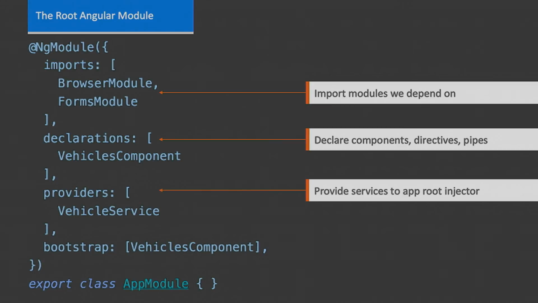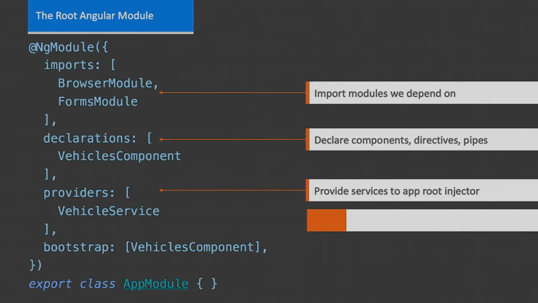I have a service called vehicle service that I need to use. That's going to go get my data from my vehicles or my characters or my stories or any other data I've got. And by providing it at this level, everybody in this module can use it. Remember I mentioned there are two ways to do providers? If you put the provider at the module level, everybody can use it. There's one root injector in Angular, and this makes the services easy to access.